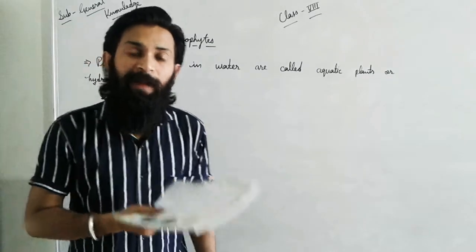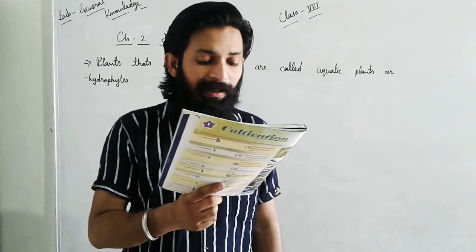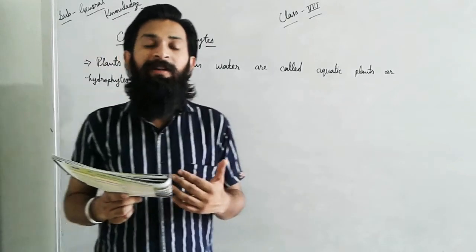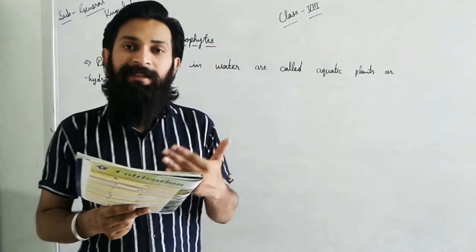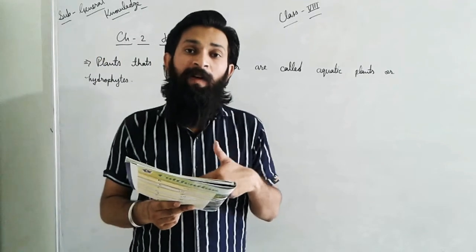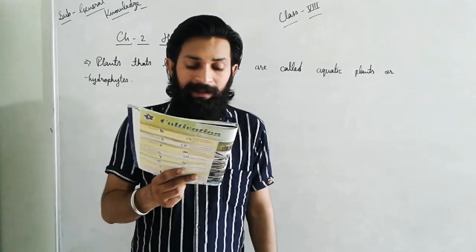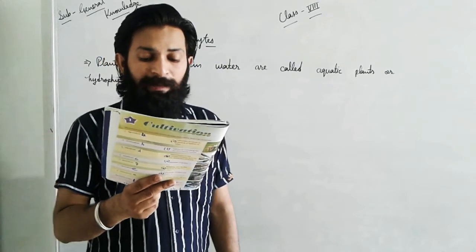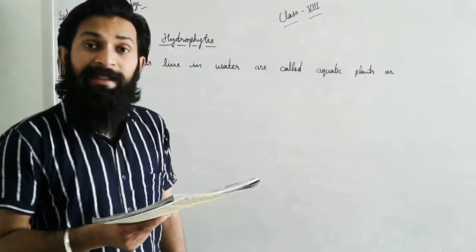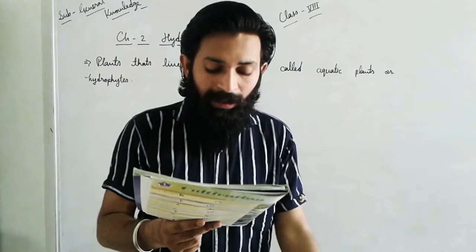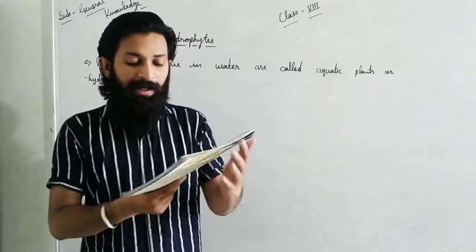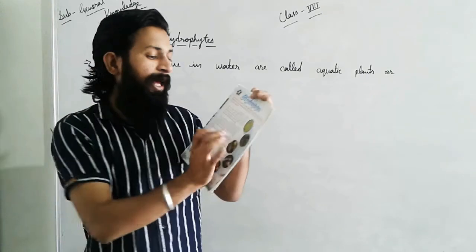Now the next blank is given here. The blank is a free floating carnivore plant that traps and digests aquatic insects. Means this plant digests the insects present in the water body. It is generally found in Australia and the tropical regions of Asia and Africa. It has been declared an endangered species of plant. Then that is the water wheel plant. An example diagram is also given here.